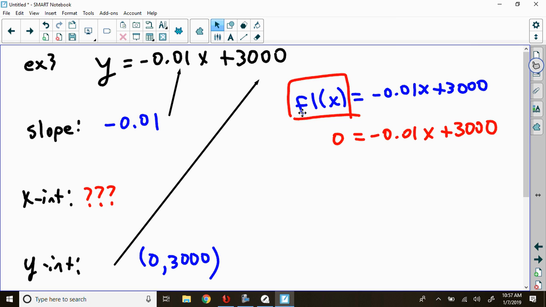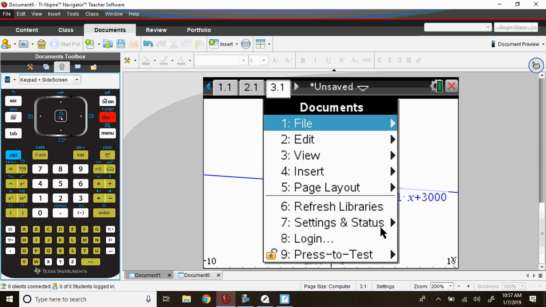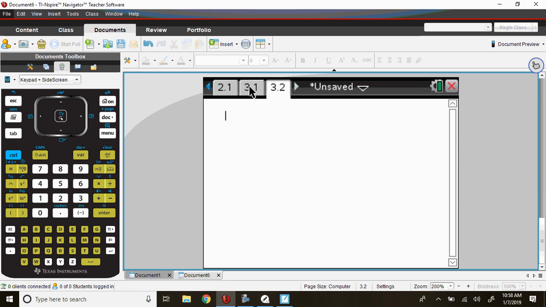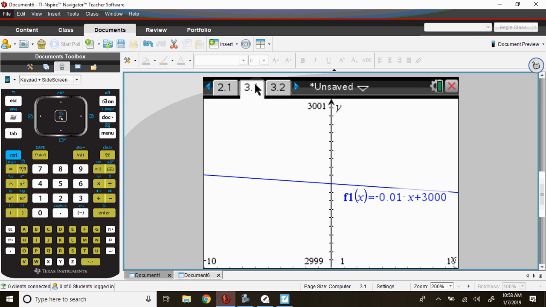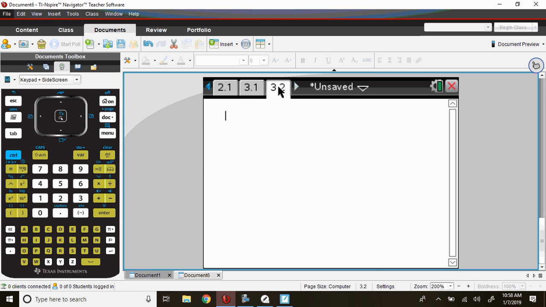Or if you've put that function into the calculator like I have, you could go doc, insert a new page, a calculator page. Notice I'm on 3.2. Now, if you didn't enter this function like I have it entered as F1, this is not going to work. But what I'm going to do is I'm going to nSolve